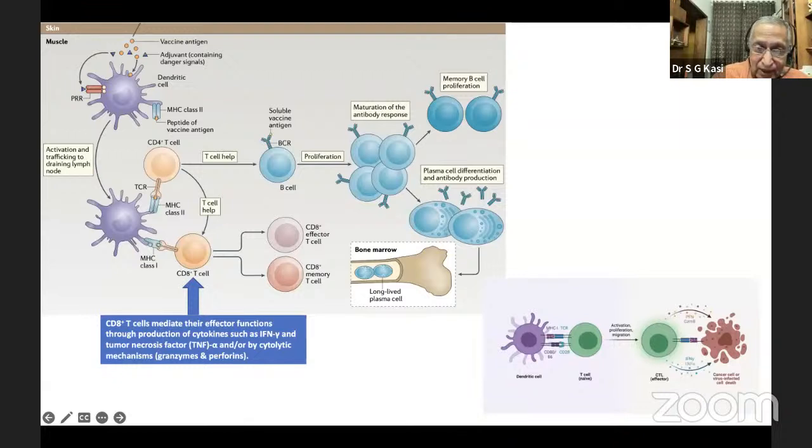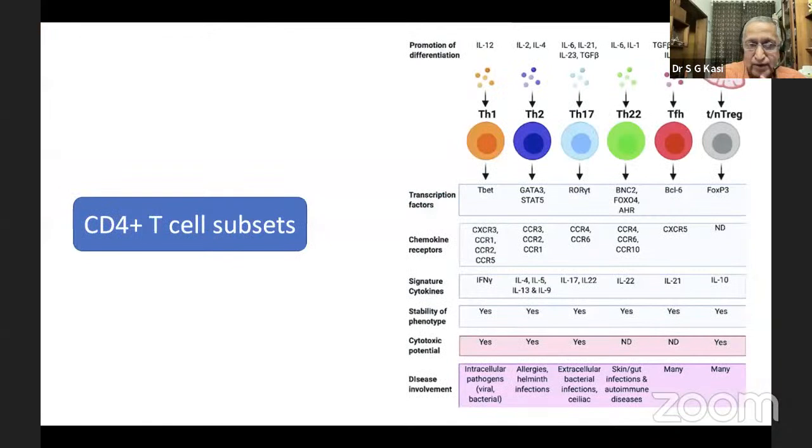Now, these CD8 effector cells generally exert actions through interferons, or they produce certain proteins called perforins. They punch holes into the organisms. A second group of enzymes called granzymes then disintegrate the organism, and this organism is then phagocytized and thrown out of the body. So this is the way the T cells work in the human body.